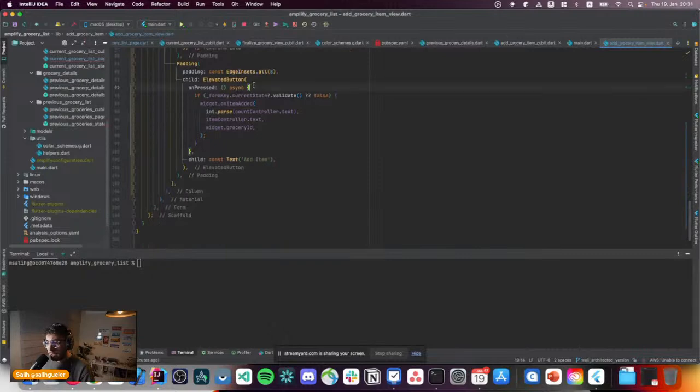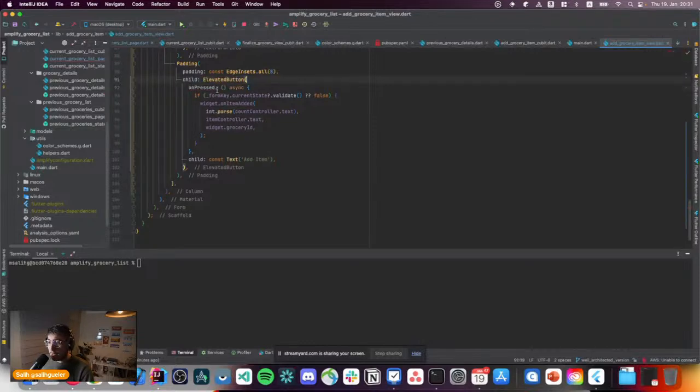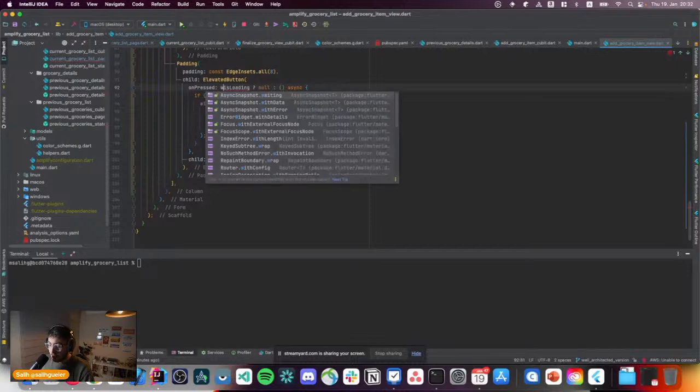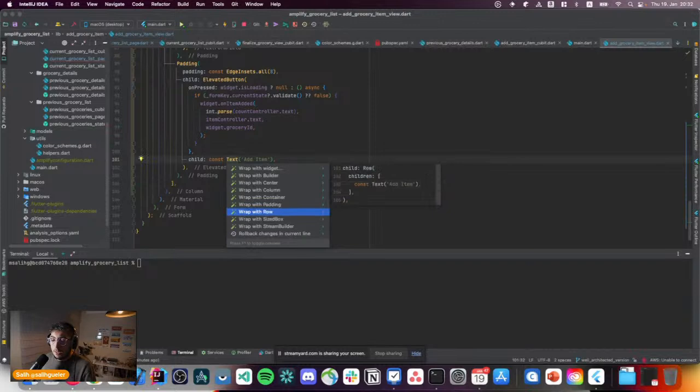So what I would like to do is, right now we have this elevated button and this only has a text. And the first thing that I would like to do is, there should be an enabled case. And if you want to disable a button, what you need to do is define it as null. So when it is null, it is actually going to say, okay, I'm not going to do anything as a button now. The second thing that I would like to do is, instead of having a text here, I would like to add